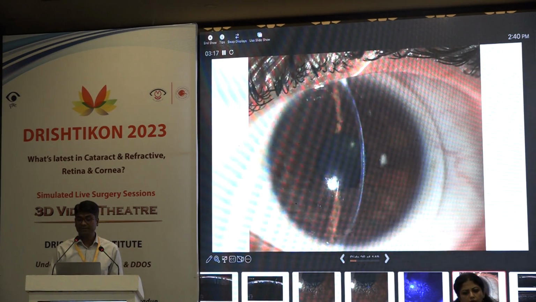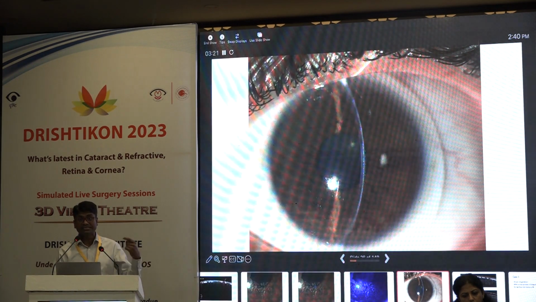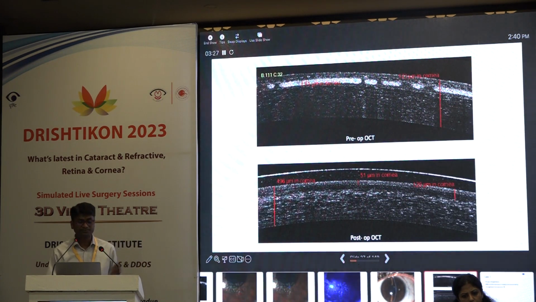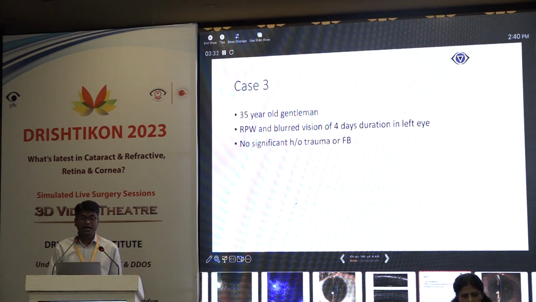After that, we went ahead, removed this, and the patient improved. While doing this wash, we were quite conscious about where the hole is, so that it doesn't get extended and doesn't tear. So this is the pre-op and post-op OCT of the same lady. Another case,